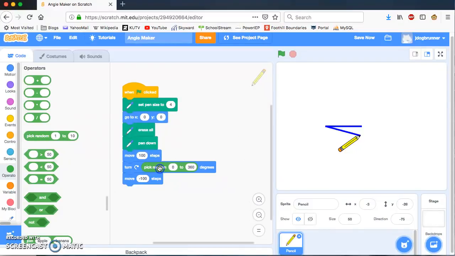Alright, so to be a circle, it has to be between 0 and 360 degrees. So let's put that in here. Did you see how I dragged that bit of code into this turn block? So picture what's going to happen. It's going to move 100, it's going to turn a random direction, and then it's going to move again. So now when we click it, every time we do it, it's going to draw a different kind of angle,